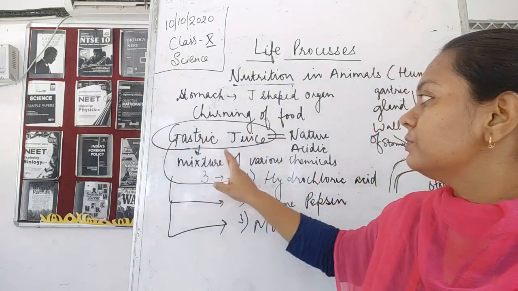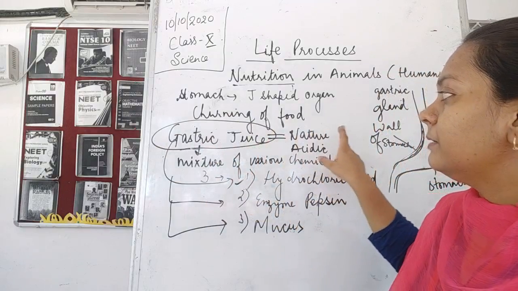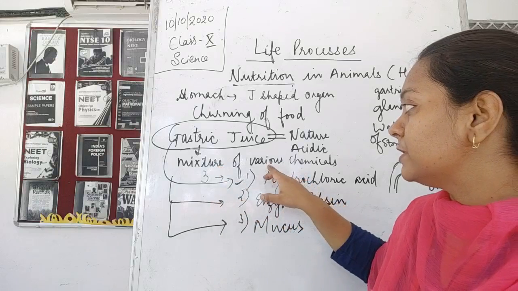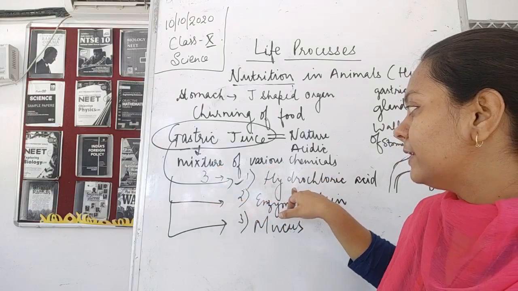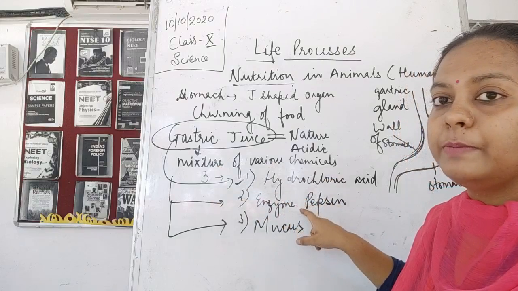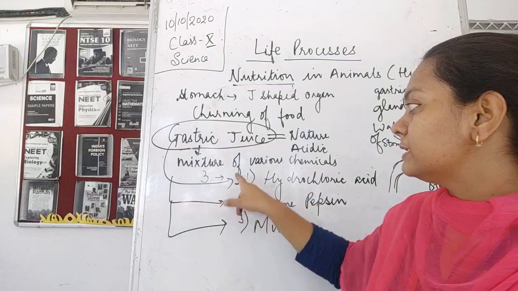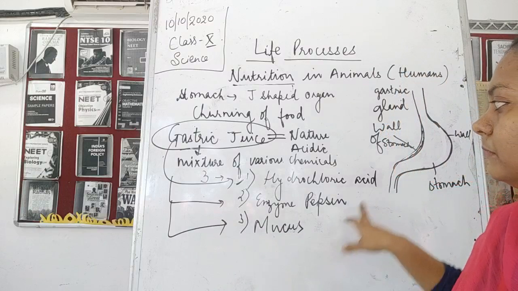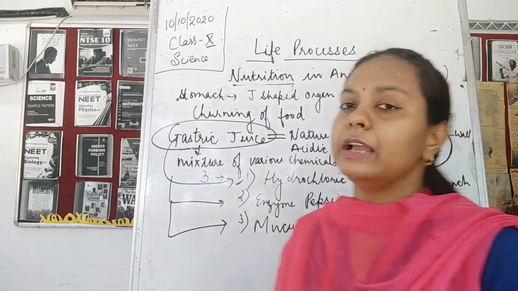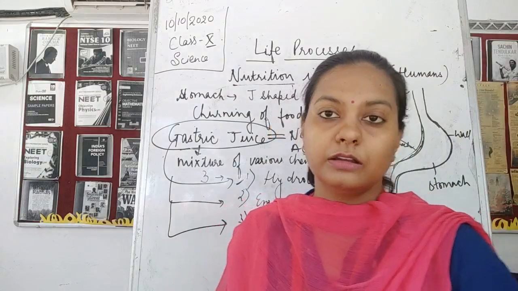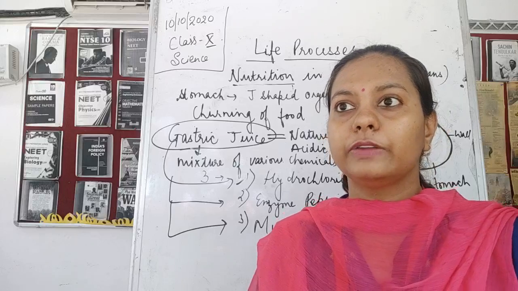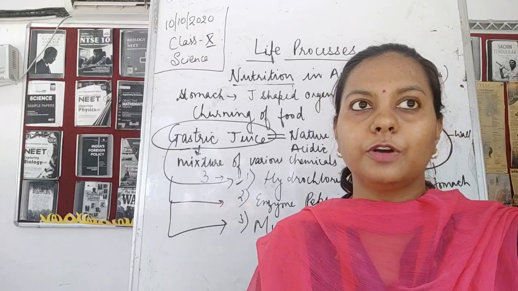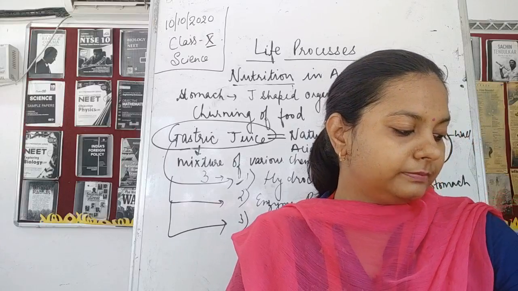Why is it said to be juice? Because it is a mixture of 3 chemicals. First one is the hydrochloric acid, second one is the pepsin, third one is the mucus. So it is a mixture of these 3 things. Now, the mixture of these 3 things is said to be the gastric juice. Gastric glands are going to give the activity of this. Fine. Now next thing, what is it? Next what you have to study is the